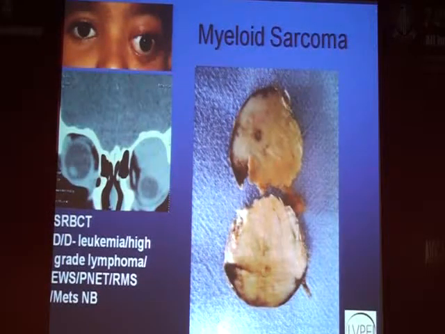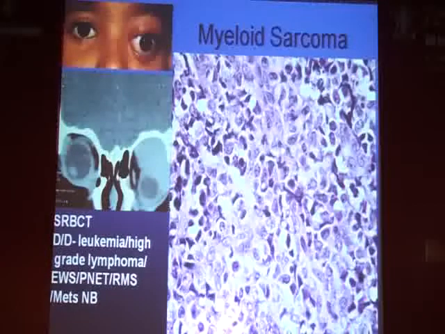Again, when this tumor comes, this is how the gross is. They have a greenish tinge, though this picture has been taken once it was fixed in formalin, so it did not have that green tinge after it was formalin fixed. And this is how the microscopy was. These also look like very undifferentiated tumors, and so they could be taken as any pleomorphic variant of a rhabdomyosarcoma or Ewing sarcoma, though they have a very blastic kind of chromatin and very irregular nuclear membrane. So when we see this contorted nuclear membrane and some cytoplasm, very pleomorphic cells, we cannot, on H&E, that is hematoxylin eosin stain, call it a myeloid sarcoma.